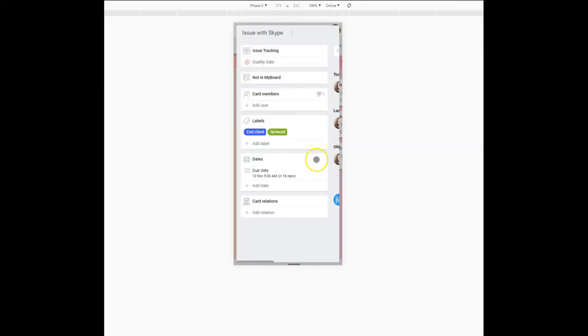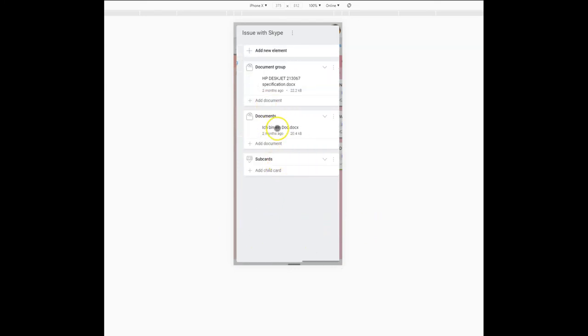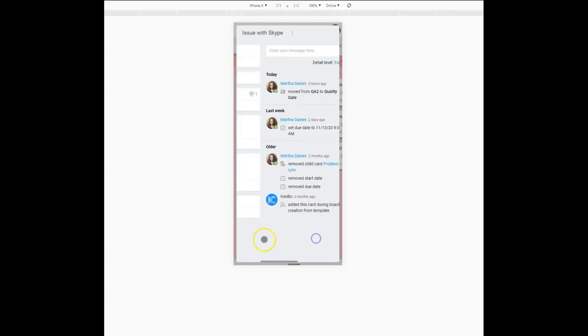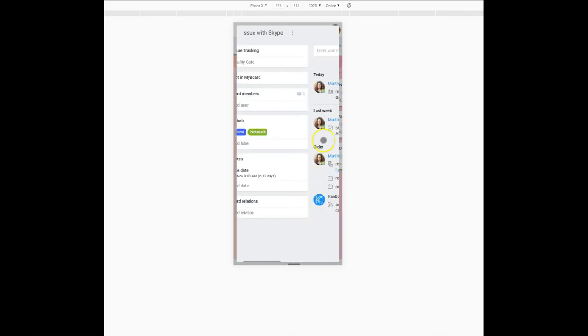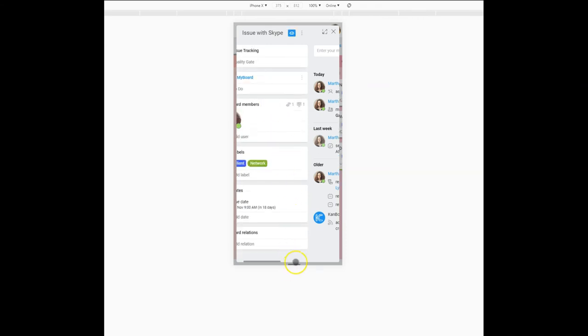If you open a card, in the card you can scroll left, right, but also if you want to move things, like for example a section, you can just hold it down and then move it. It also works for users in the stream, so just hold it down and move it to users, you assign a role. So basically all that you can do with the mouse, you can do with the finger, just hold it down so the device knows that you are now initiating a touch gesture, and then Kanbo will respond.